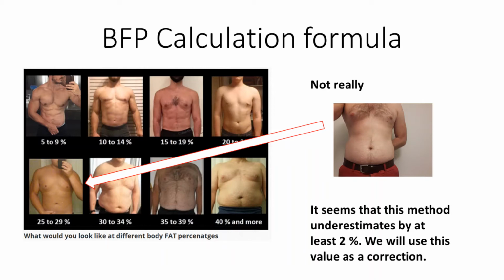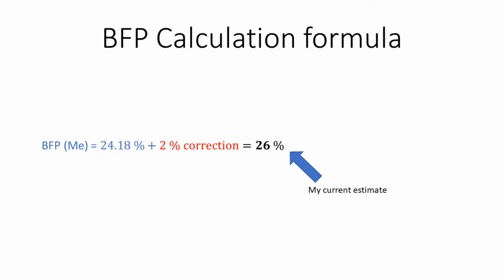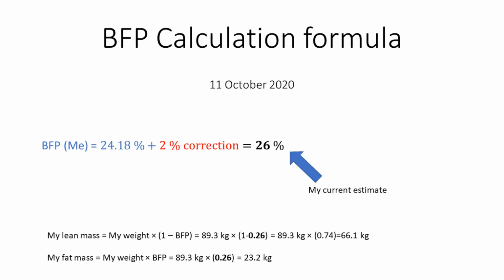So let's assume my body fat percentage is 26. That means that if my current weight is 89.3 kilograms, my lean mass is 66.1 kilograms, which means that my fat mass is 23.2 kilograms. These values will be useful later when I calculate my nutrition requirements. But now the more relevant question is